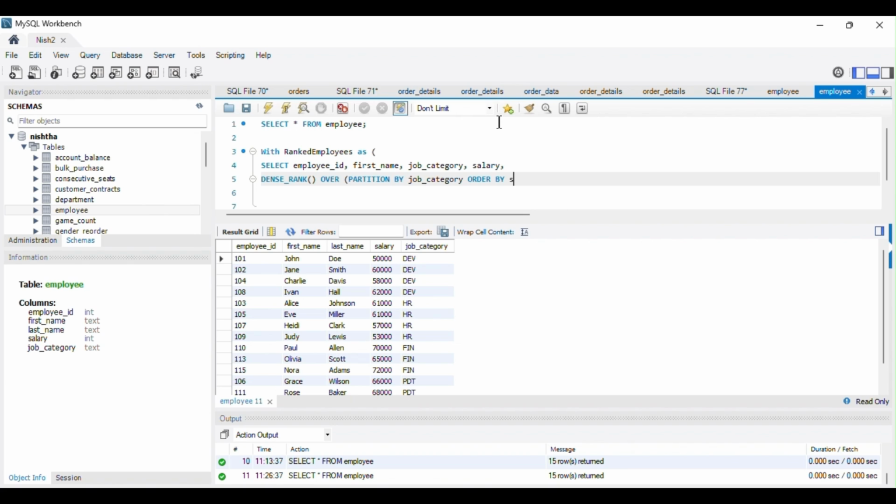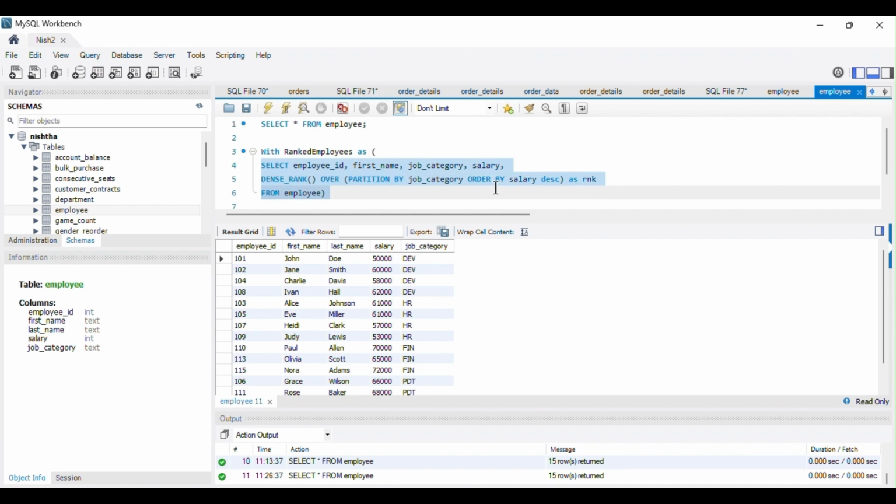I will give this new column the alias RNK, and I will take it from the employee table. So this is the CTE that I just wrote.